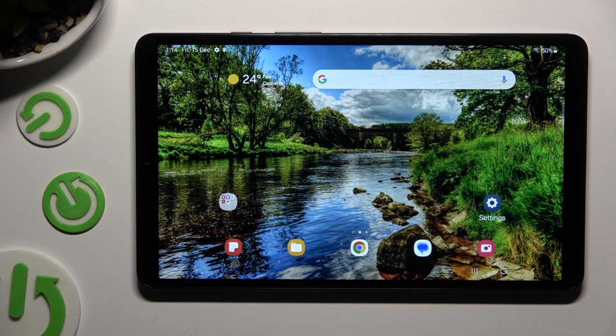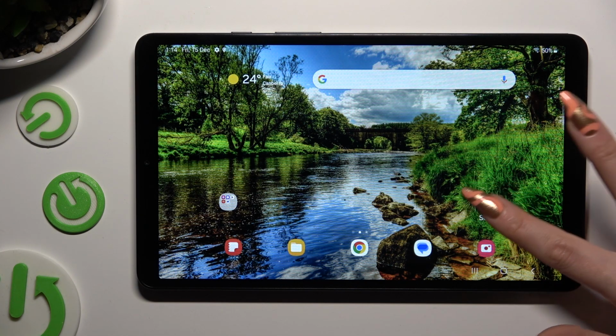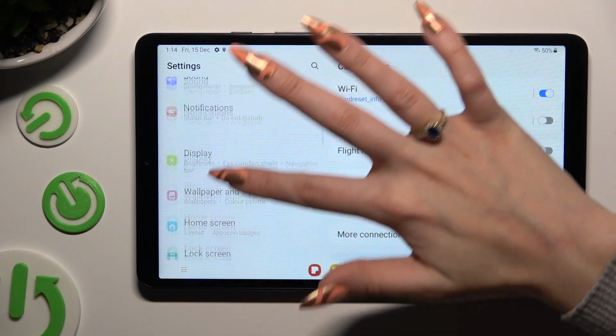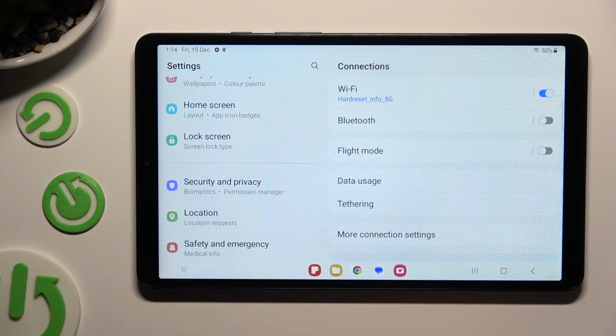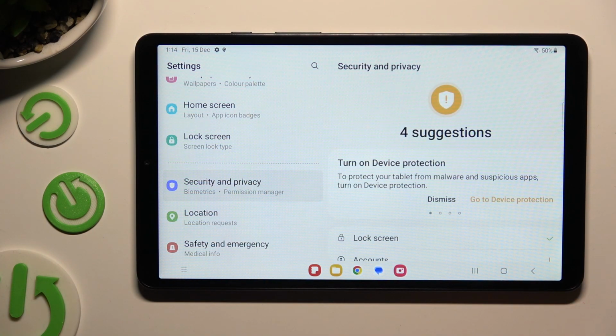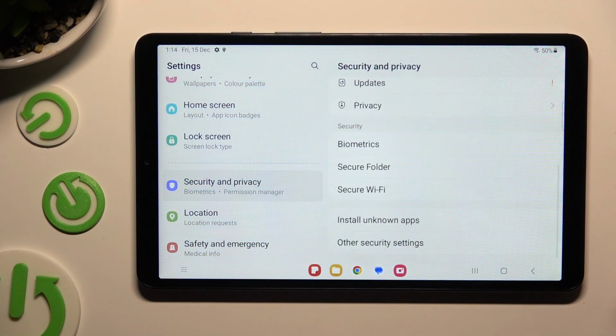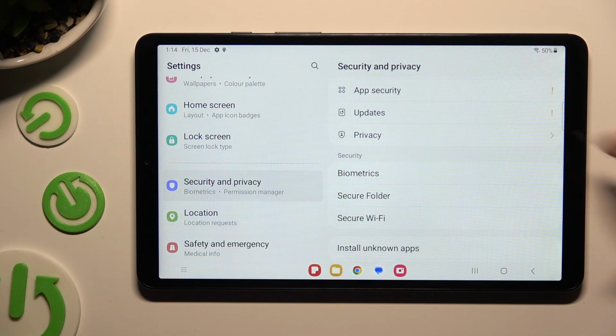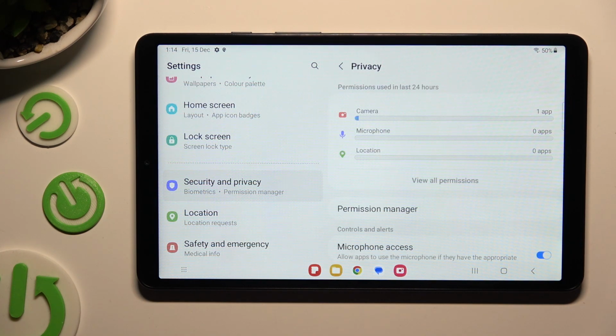You need to begin by opening Device Settings and scrolling down right away to access Security and Privacy. Following that, scroll down one more time and click on Privacy section located under Updates. Then choose Permission Manager